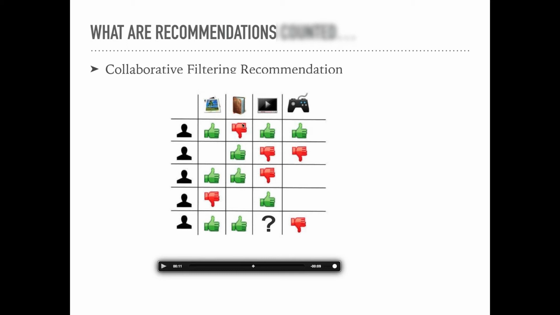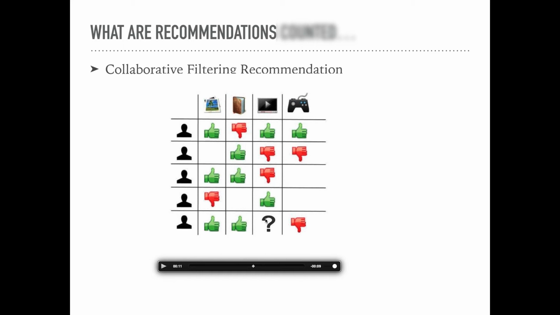In this example, we have users 1, 2, 3, 4, and 5, and each of these users has liked and disliked certain items. Now, let's say user 5 comes in. We know from the history that he has liked these paintings, these stationery items, this video game console, but let's say we don't know whether he will like a video or not.